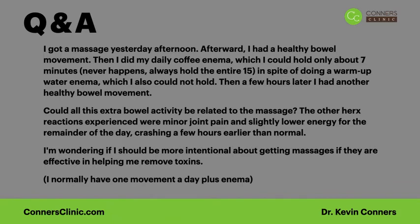In spite of doing a warm-up water enema, which I also could not hold, a few hours later I had another healthy bowel movement. Could all this extra bowel activity be related to the massage? The other Herx reactions experienced were minor joint pain and slightly lower energy for the remainder of the day, crashing a few hours earlier than normal. I'm wondering if I could be more intentional about getting massages if they're this effective for me in helping remove